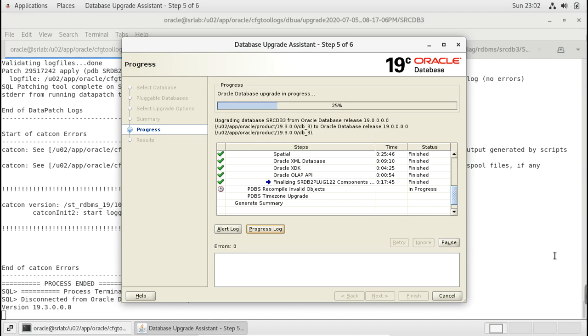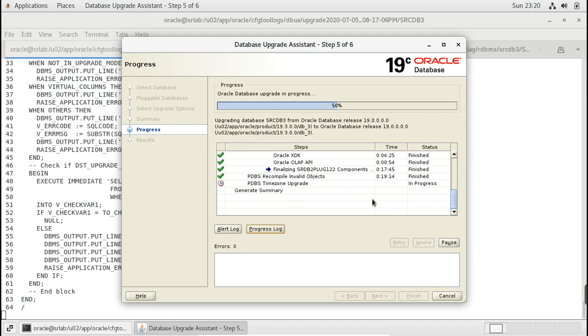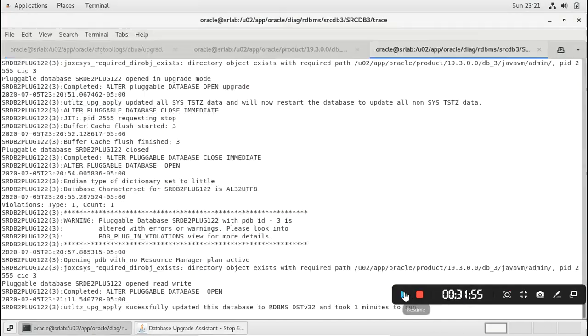Let's wait for a few more minutes. Yeah, now the time zone upgrade has started. The recompile of invalid objects has been completed. Here it is, the time zone upgraded to DST version 32.